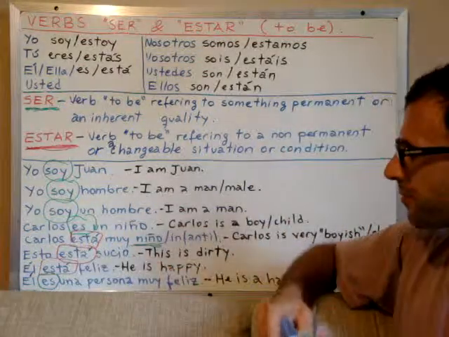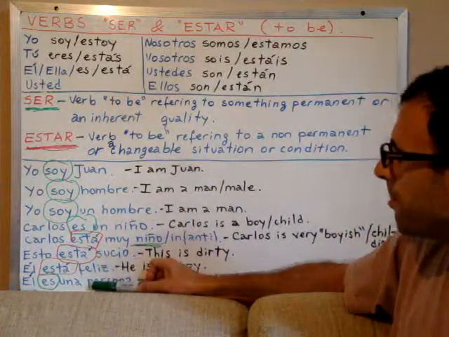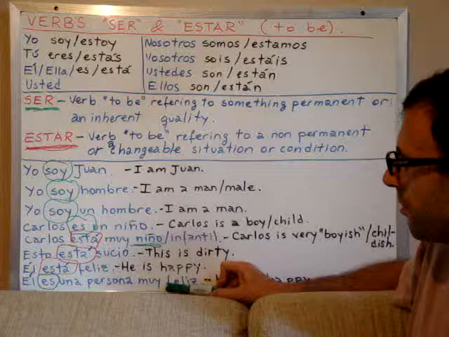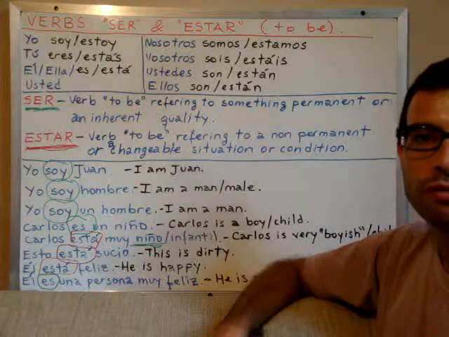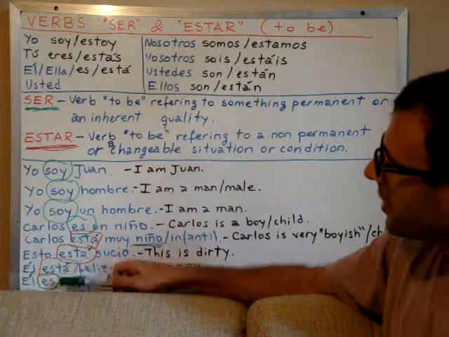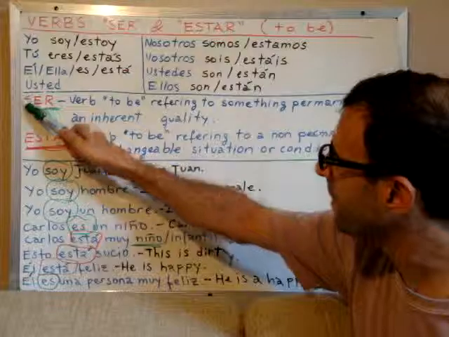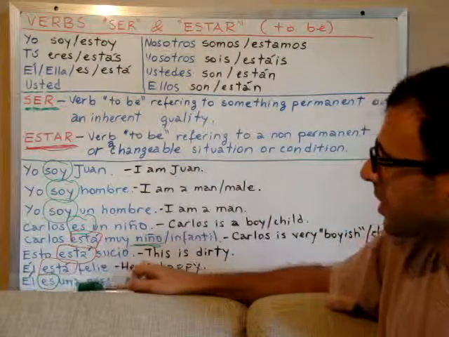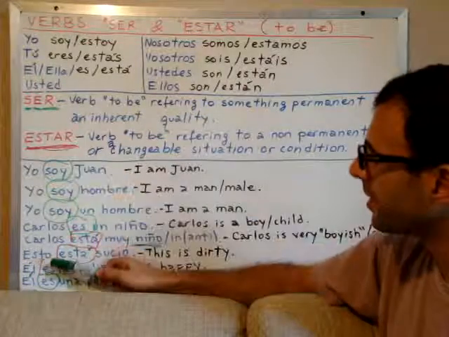There. Él es una persona muy feliz. Why then are we using now the verb ser? Here, when we said he is happy, we use the verb estar. And here we